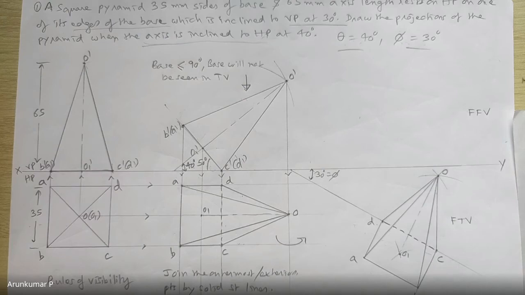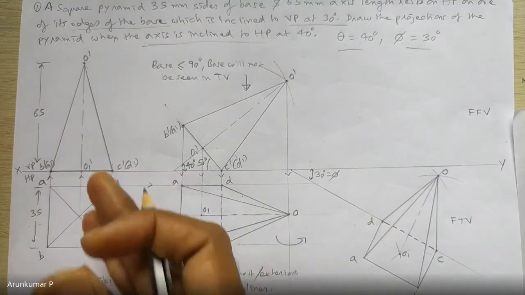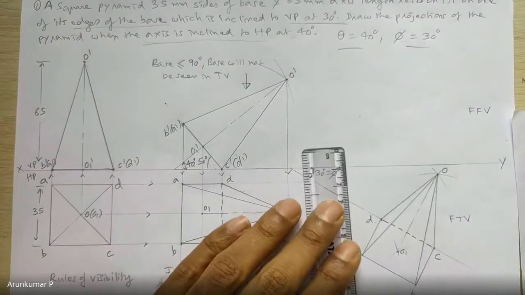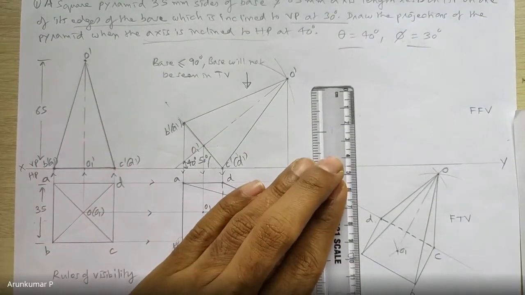So generally, it will not take much time. Maximum, these kind of problems take around 30 to 35 minutes or maximum 40 minutes. But since I have to explain all these concepts, draw the 3D and explain all these things, that is why it is taking a lot of time. Almost you can say 1.5 hours. Otherwise, within 35 to 40 minutes, you can easily solve this problem if there is no explanation to be done.